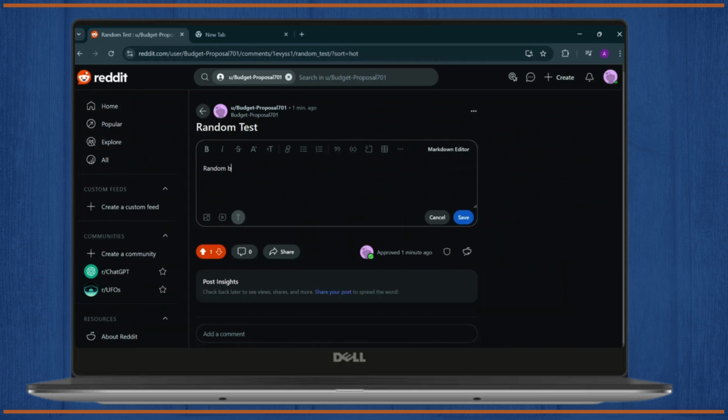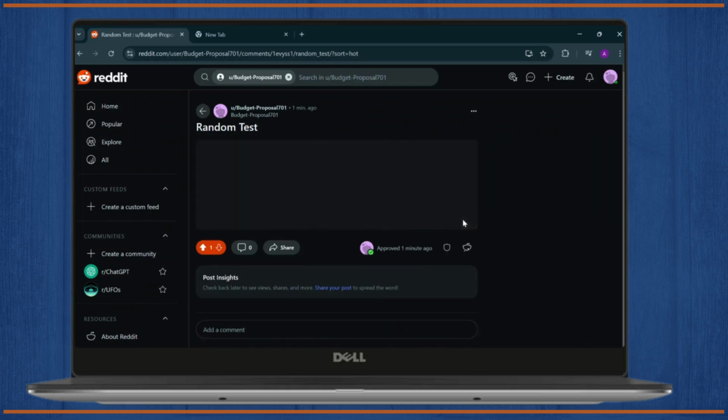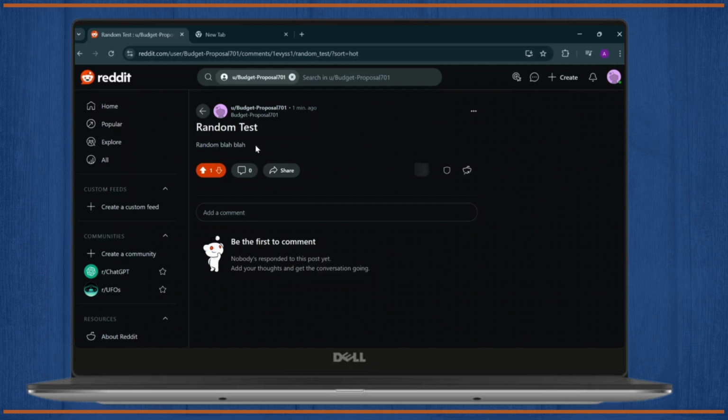Just gonna write gibberish, and you can even save it now. And after you save it, you will be able to just edit your post right there. So that is how you edit your